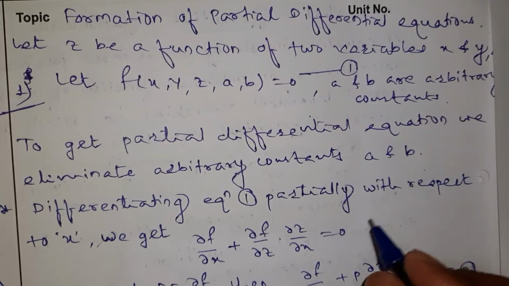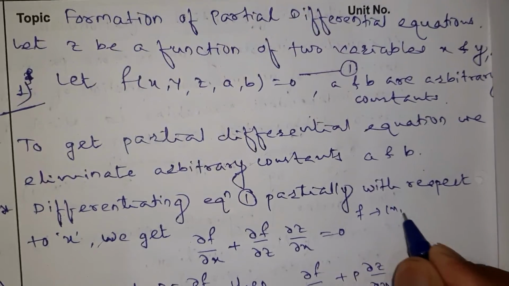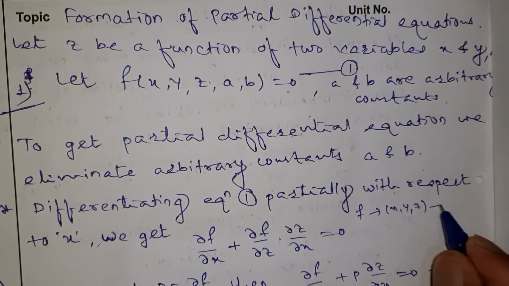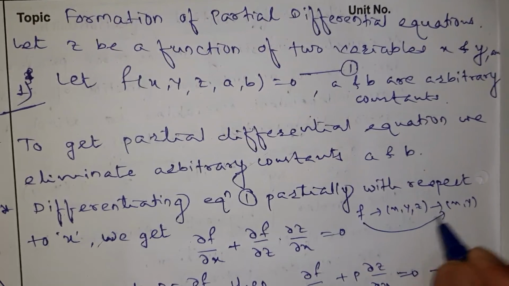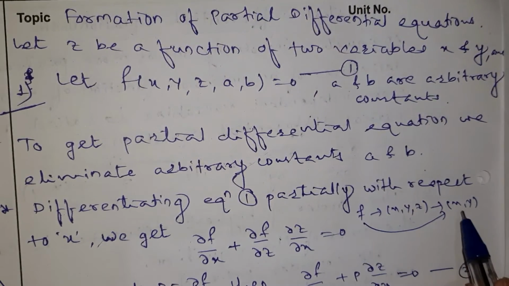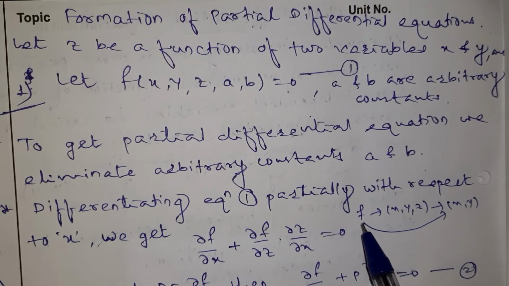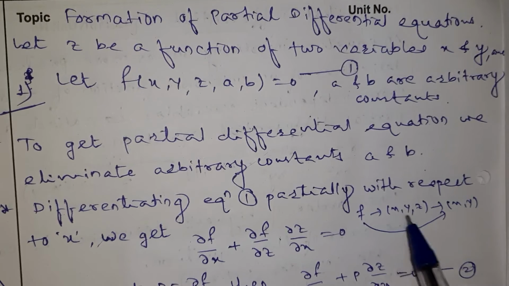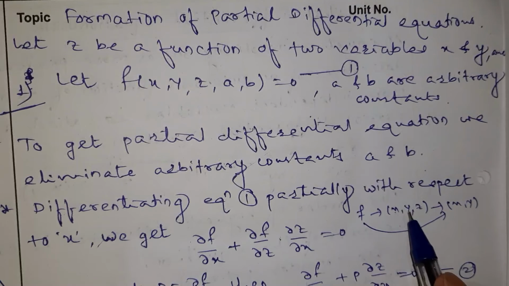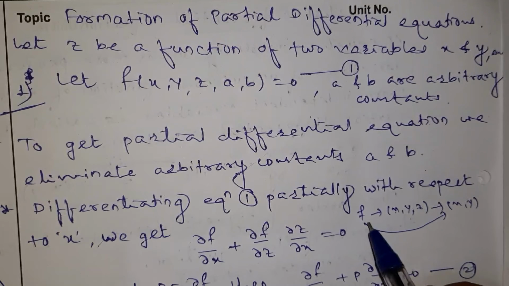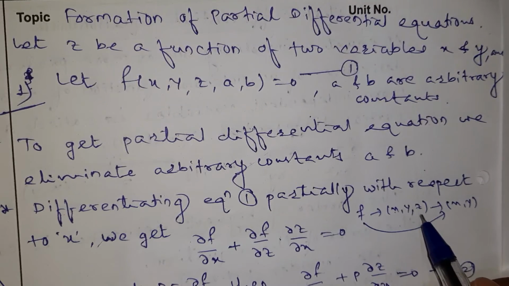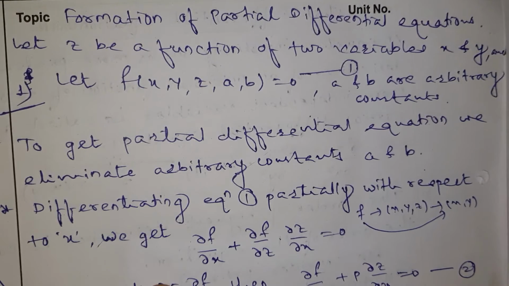For that I may write it this way: f is a function of x, y, z, and x, y, z are functions of x, y. Therefore f is a composite function of x, y. So whenever we move from f to x, say with me, dou f by dou x into dou x by dou x, that is 1, plus dou f by dou y into dou y by dou x, which is also 0, so no middle term. Third, dou f by dou z into dou z by dou x.